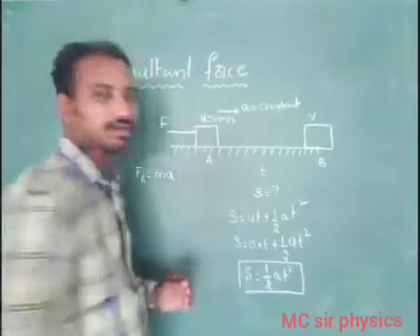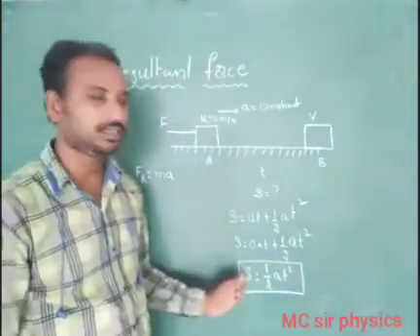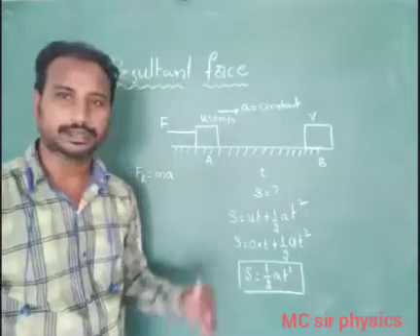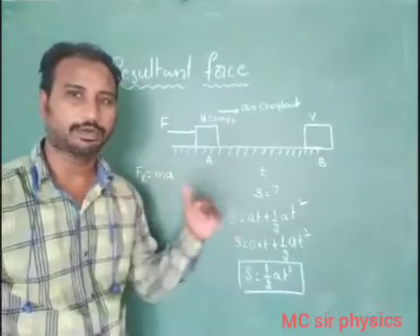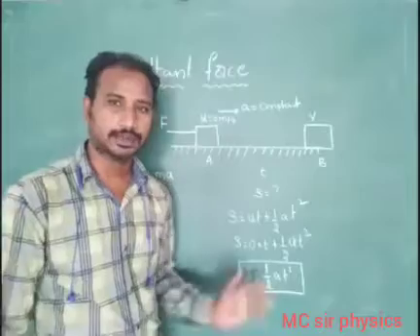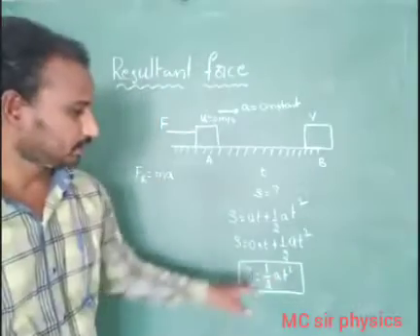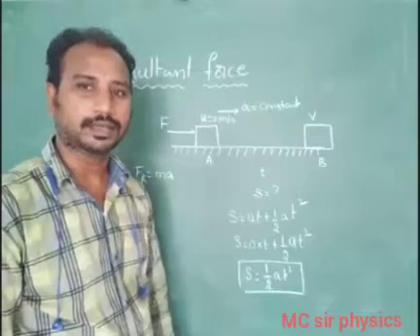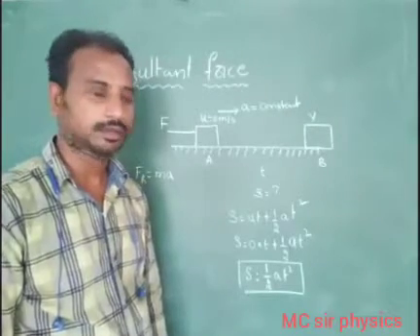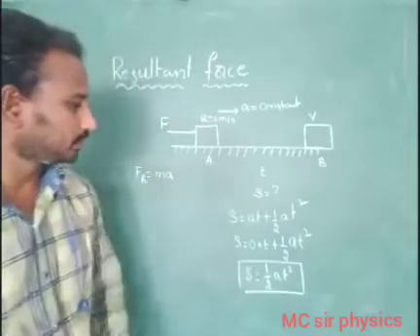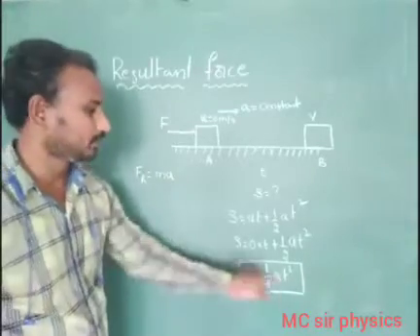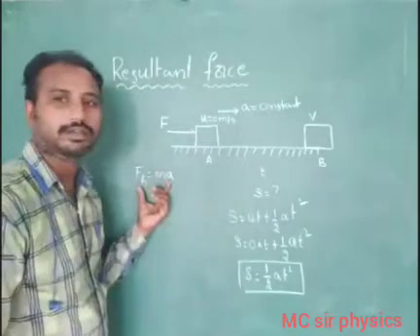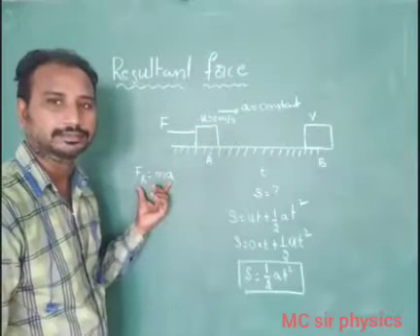Displacement is not a constant. Displacement is a variable function, yes or no? It is a quadratic equation; t square represents a quadratic equation. Displacement is one variable quantity: S equals 1 by 2 a t square. Do you have any doubt? So you can substitute that a value, simplify that a, and substitute in this formula, then you get the resultant force.